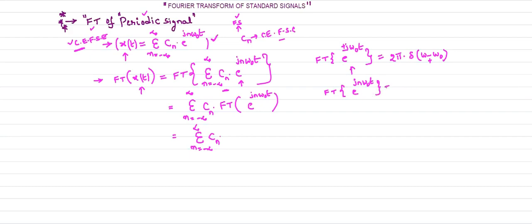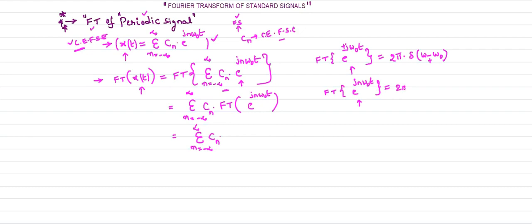So I already told you the entire Fourier transform depends on two formulas. One is the Fourier transform formula, and the other one is the inverse Fourier transform formula. If you know those two formulas, you can easily grasp the content of the Fourier transforms. Now, what is the Fourier transform of e power jn omega naught t?